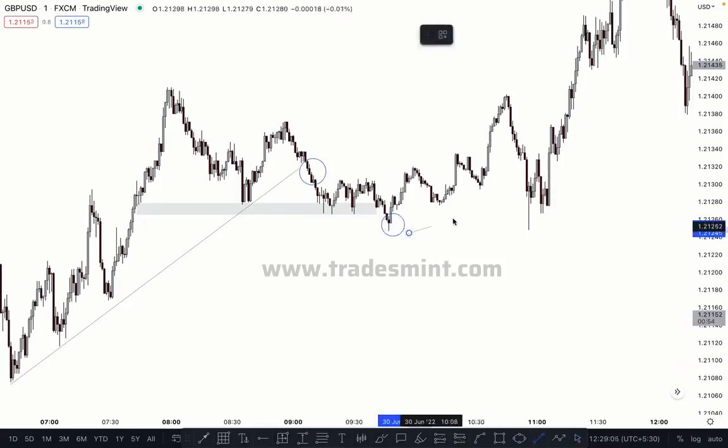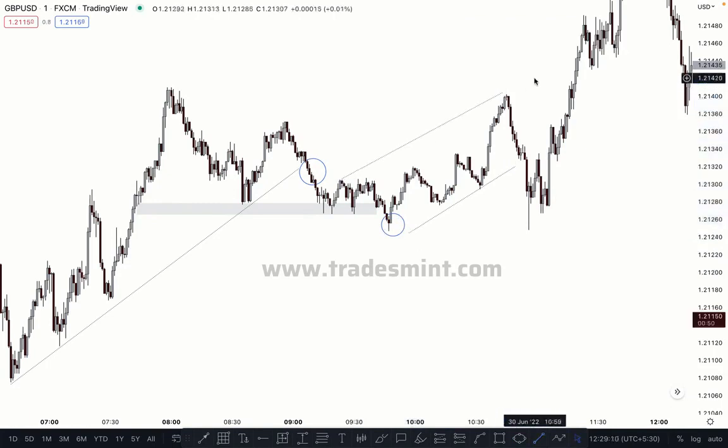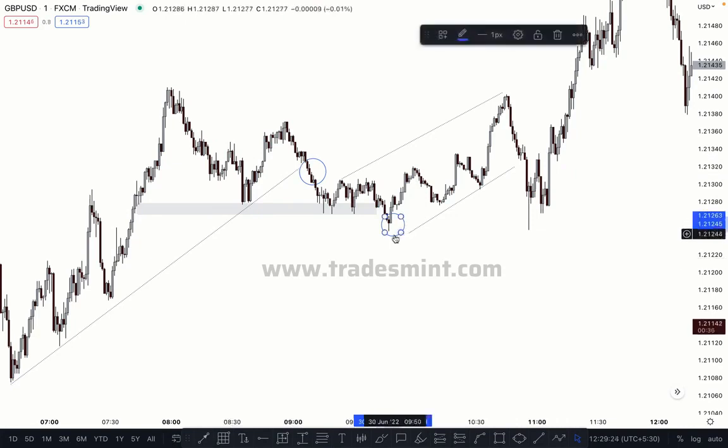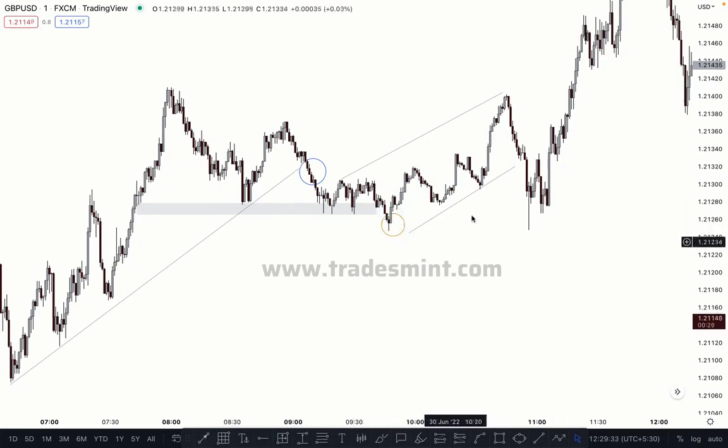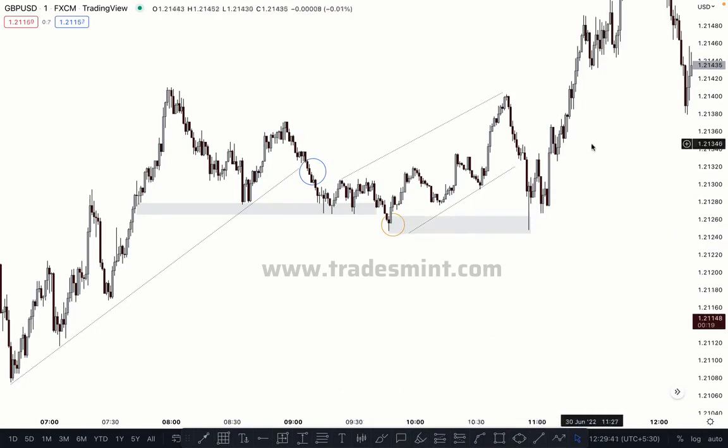Another time, price creates this channel, which is also a reversal pattern. These show three to four types of reversal signs in a bearish market. What happened here? The market collected all the liquidity. First is here, this support and resistance liquidity, and then the trendline liquidity. It collected all the liquidity, and the market tapped the extreme order block and pushed higher. This happens every time, most of the time with traders.